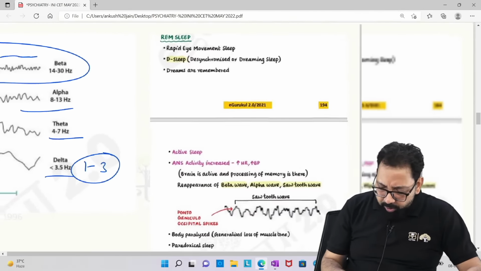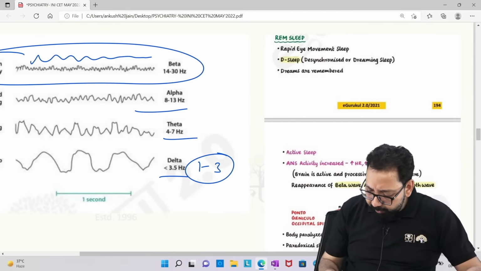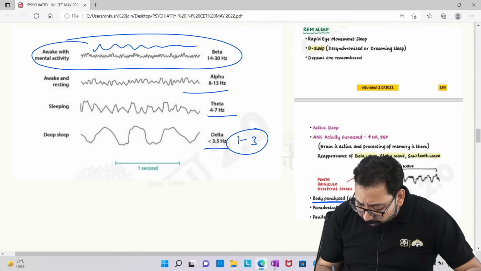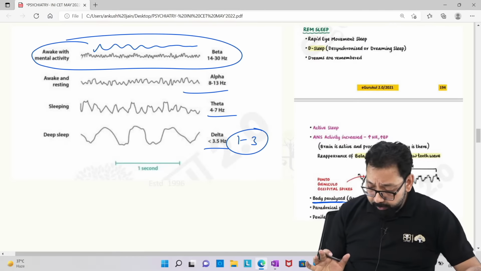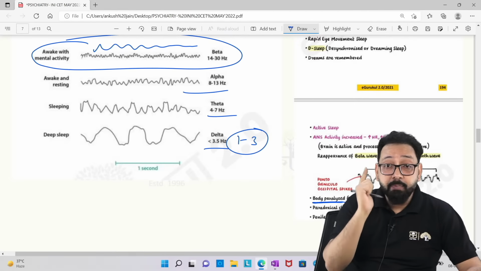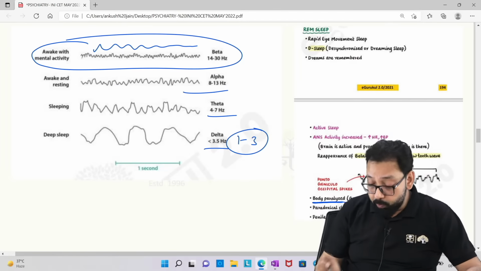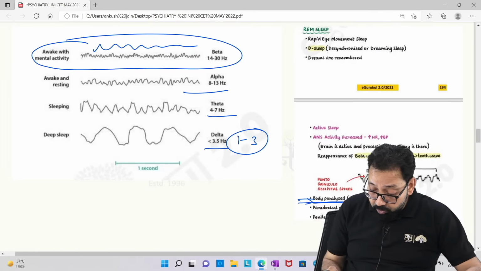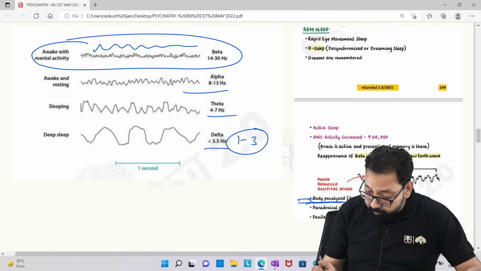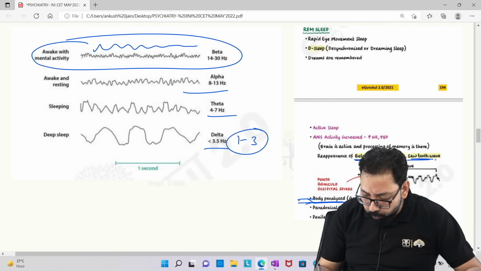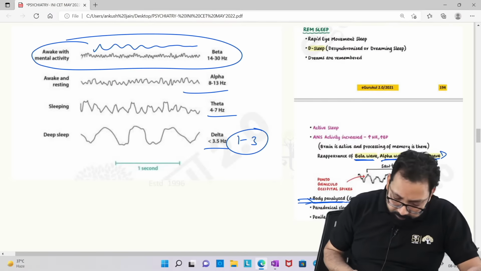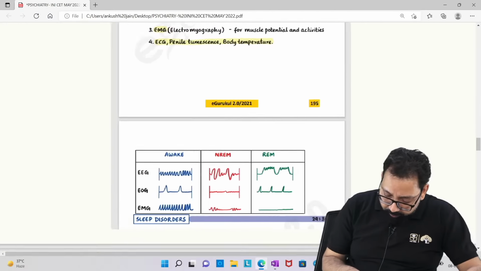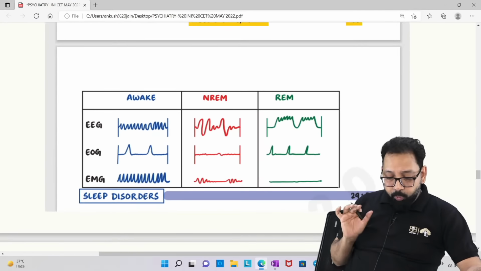And you all know REM sleep: the body is paralyzed, meaning no muscle tone. Rapid eye movement, the eyes are moving, but there is no muscle tone; the muscle is not moving. And in this, a sawtooth appearance, a mix of beta waves and alpha waves, sawtooth wave. I don't know what the exact picture was, please do reply. Yes, what was the picture they have shown, but let me simplify how questions are asked.